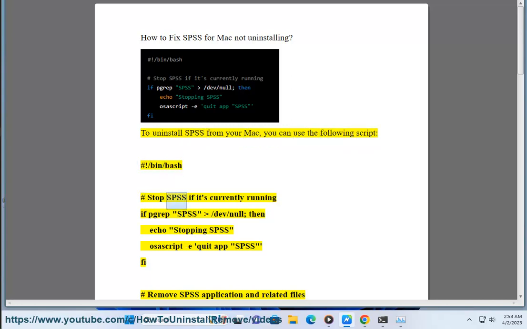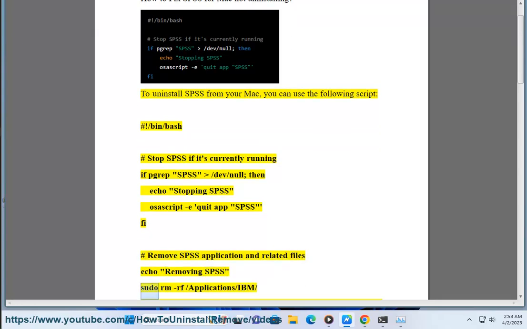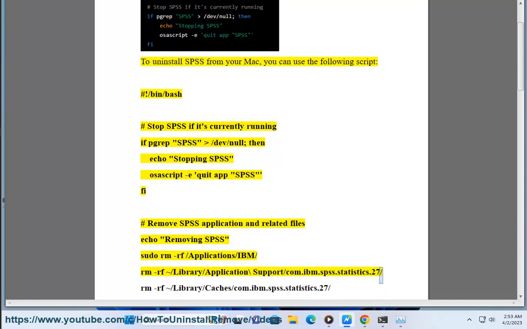#!/bin/bash # Stop SPSS if it's currently running pgrep SPSS > /dev/null; then echo "Stopping SPSS" osascript -e 'quit app "SPSS"' fi # Remove SPSS application and related files echo "Removing SPSS" sudo rm -rf /Applications/IBM/ rm -rf /Library/Application Support/com.ibm.spss.statistics.27/